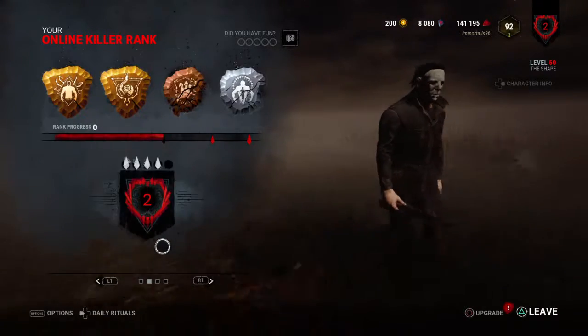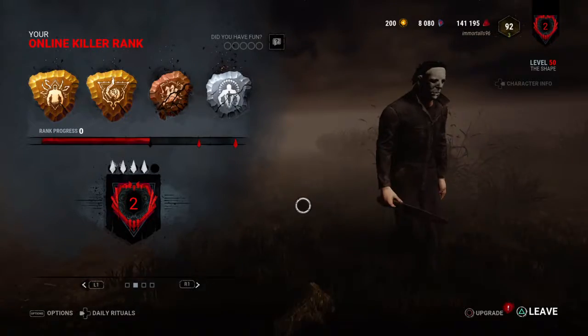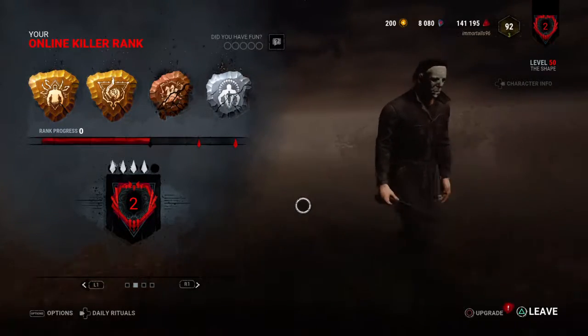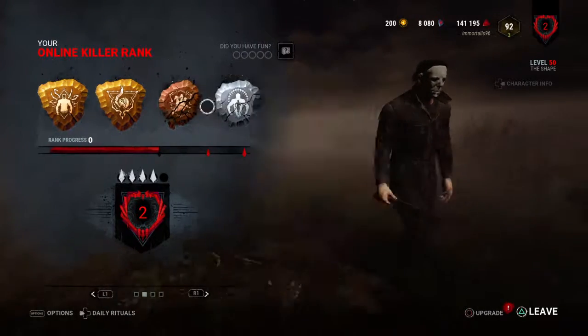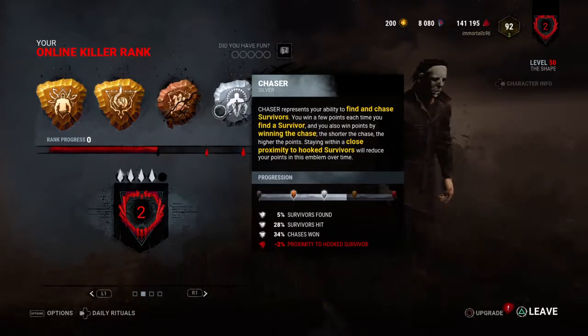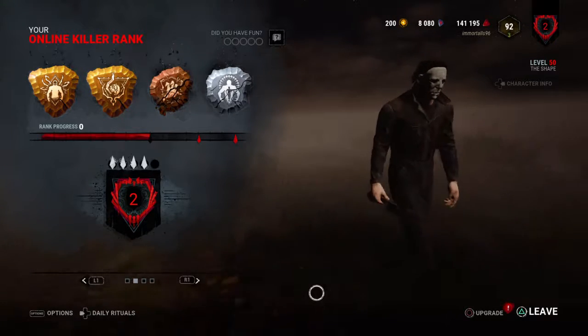Plus, yeah, it's still black pip though, because it was a mori. I probably, if I had hooked them more, I don't know, I still got gold and devout. They just, too many injuries healed, and I didn't do the absolute best when it came to the chases. But yeah,